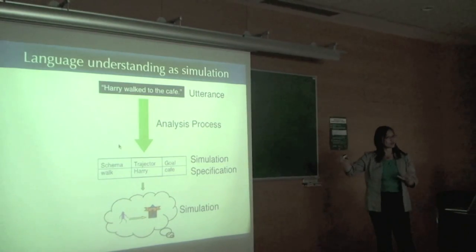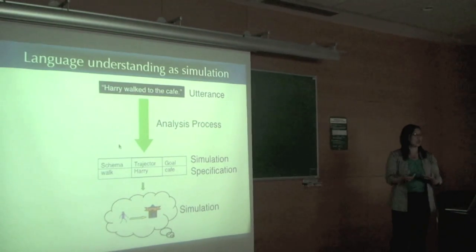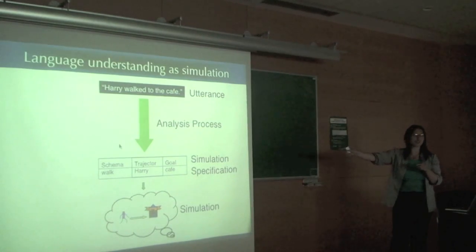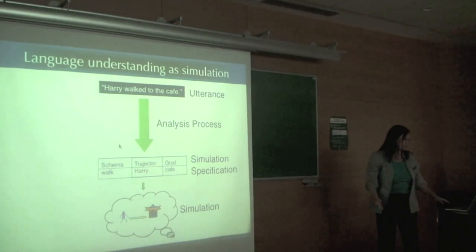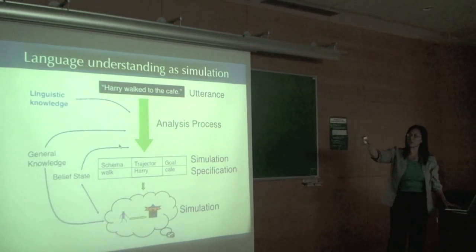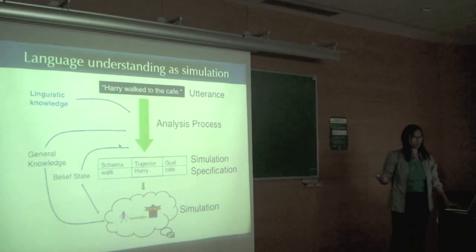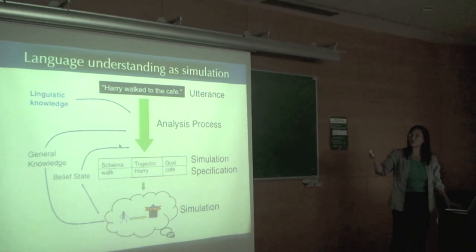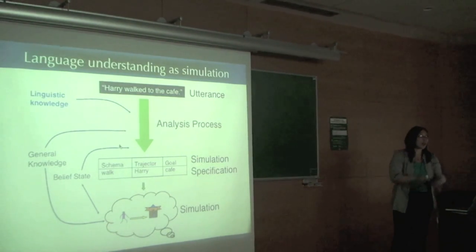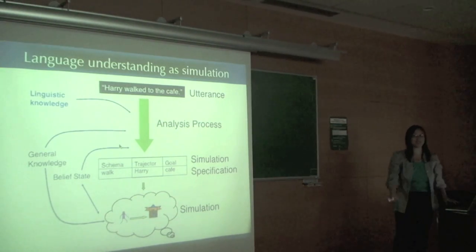So it's a two-stage process here, simplified, to give you the idea that language does some setting up, this parameterization or specification of basically what structures I need to activate, and then put them together in the following way, and then you understand lots of other stuff. And what did you need? You needed linguistic knowledge, however, we will talk about what that is later. You need general knowledge: what's a cafe? What's walking? Who is Harry? Which Harry? I may know 5 of them. I have to figure out who it is. And maybe belief state, maybe I know that Harry is a dog. So when Harry walked to the cafe, what's a different kind of motion now than what you pictured before? And if it's a particular kind of dog, it might be really slow or fast.